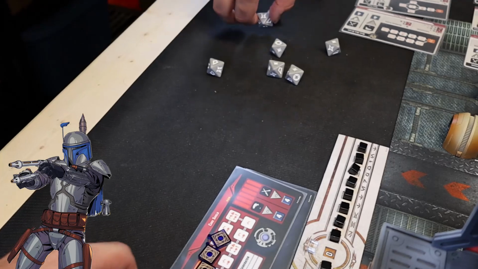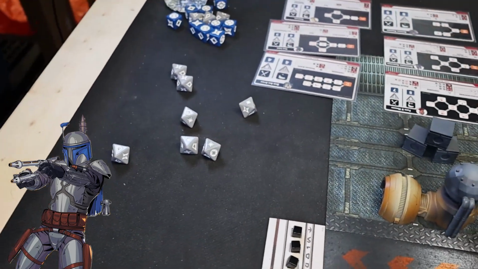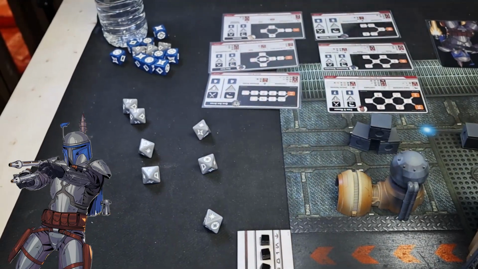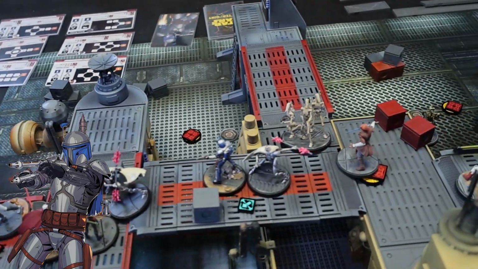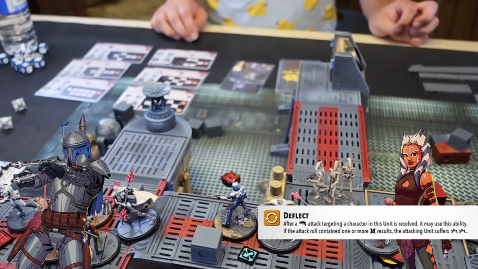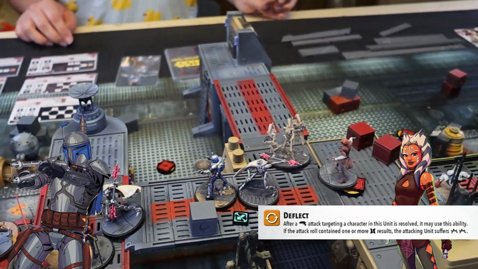Not? That's the story of my life right there. Yeah, this is a crit. So I block 1. I get 4 through. Yep. I am going to deflect at the very least. You will. So I will be getting 4 through and doing just a whole bunch of...